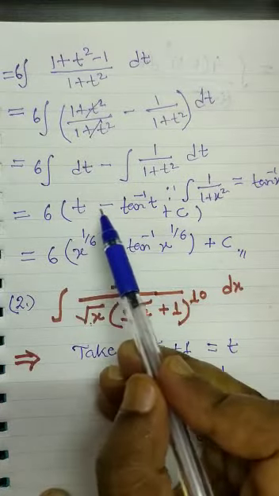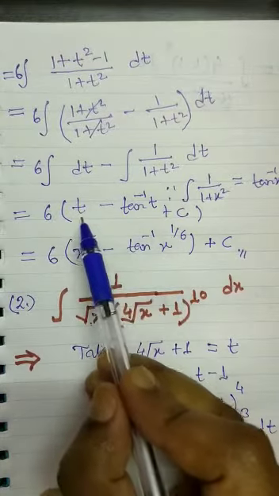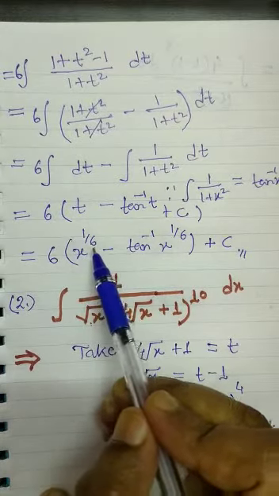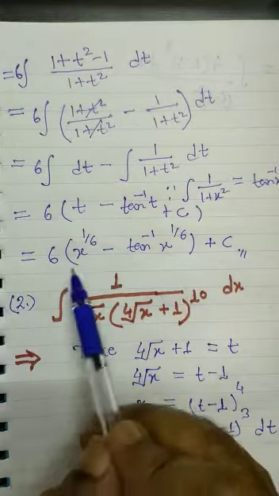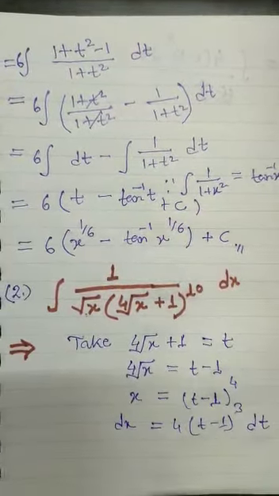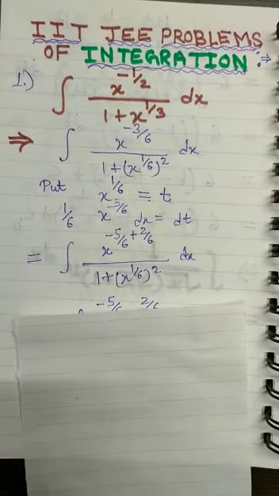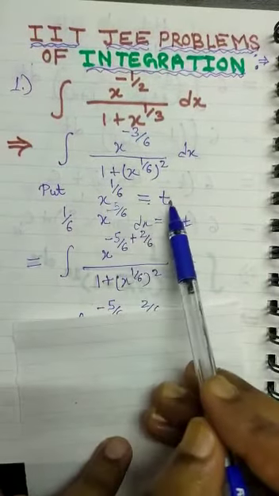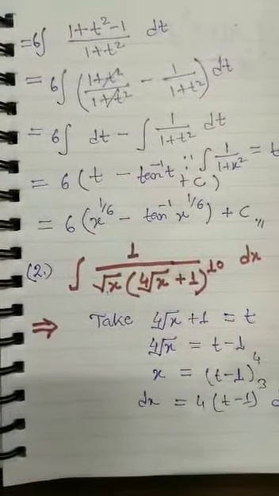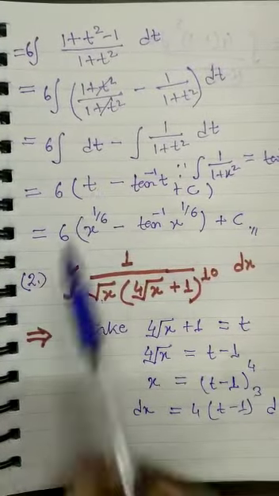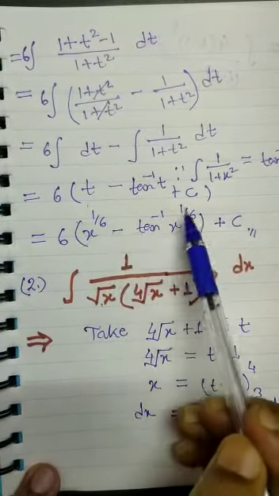And now change the t in your original form, which was in x. So t was x to the power 1 by 6 minus tan inverse x to the power 1 by 6 plus c. That is your final answer. We have taken x raised to the power 1 by 6 equal to t. So the final answer is 6 into x to the power 1 by 6 minus tan inverse x raised to the power 1 by 6